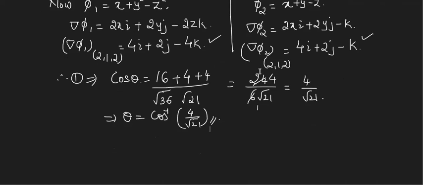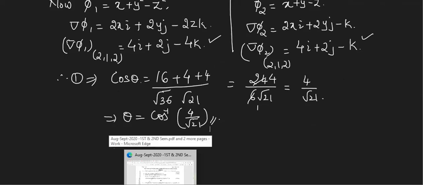Shall I take the next example? Yes, ma'am. Okay. This is solved. Here you can see they have asked for the directional derivative. Write down this question. You can take this for homework. Find the directional derivative of phi. I think this is solved in the class. I remember the answer is 376 by 7. This is solved, so no need to worry.